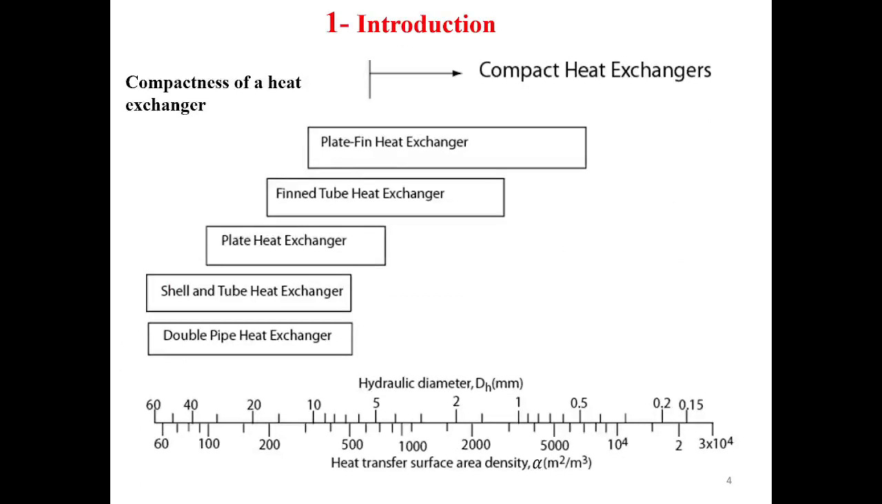The compactness of the compact heat exchanger is measured by what we call alpha, where alpha is the ratio of the heat transfer area divided by the volume. Whenever this value of the heat transfer area divided by the volume is greater than around 700 square meters per cubic meter, the heat exchanger is called compact. There are other heat exchangers that are not classified as compact heat exchangers, since alpha is less than